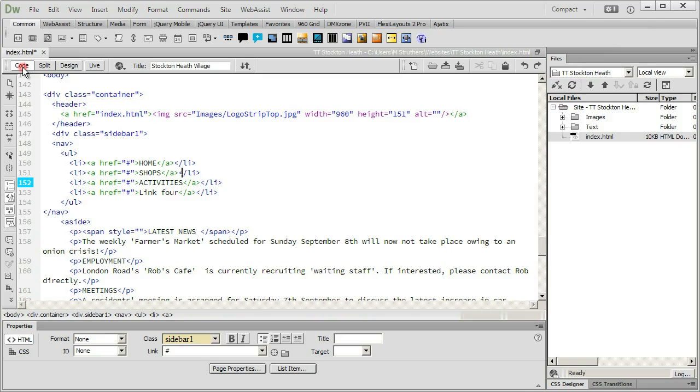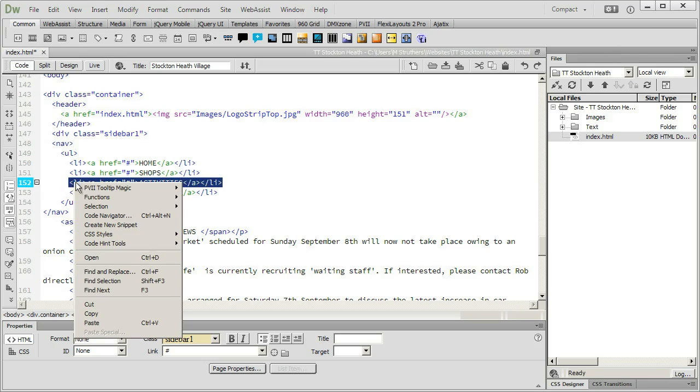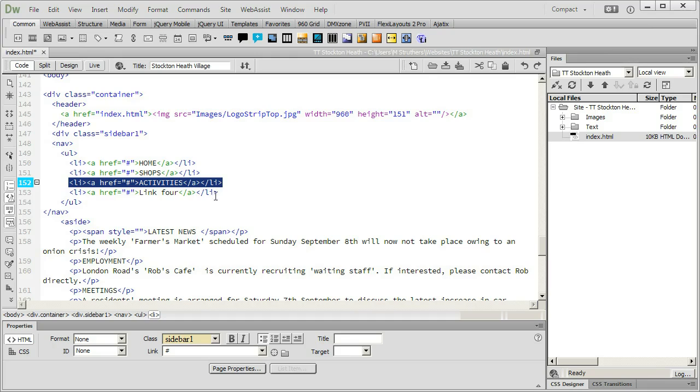So I'll click on our code button here to display all the code. And because my cursor within the design view was within the activities link, that's where the cursor is at the moment, at line 152. Well, you'll notice I've only got one link left, link 4. Well, in actual fact, I want more than 4 links. So what I could do is highlight any of these lines, and I'm going to do this one, this activities line. So I'll left click at the end and then highlight that whole line, and then I'll right click on it and run down to copy,